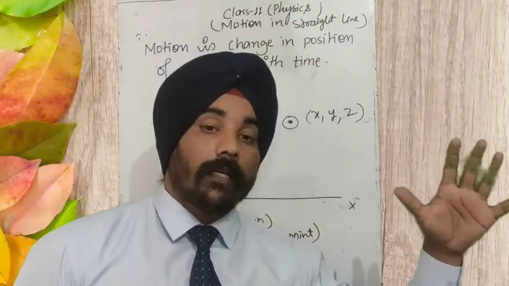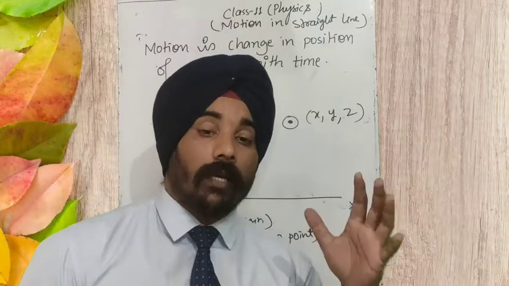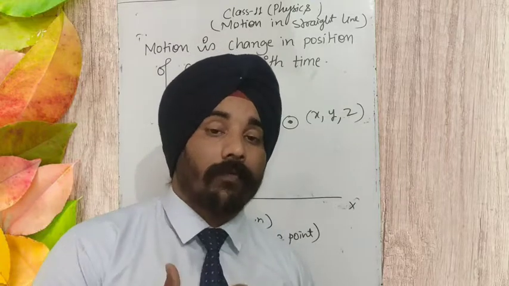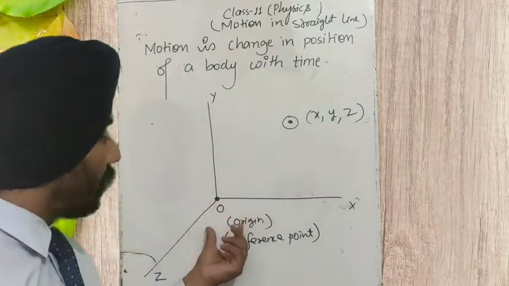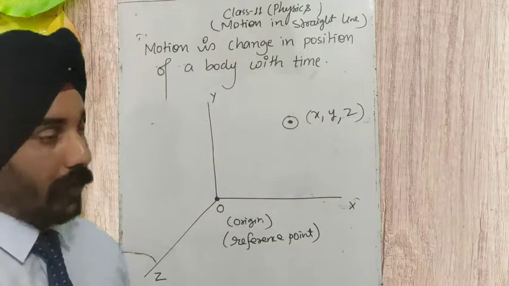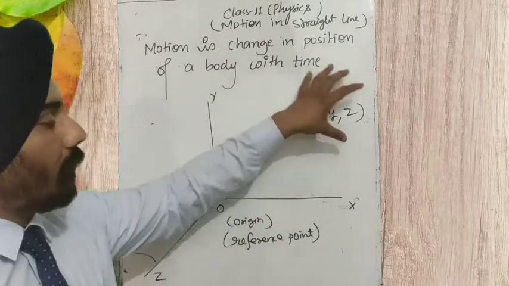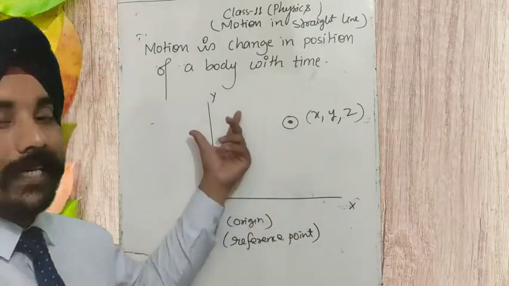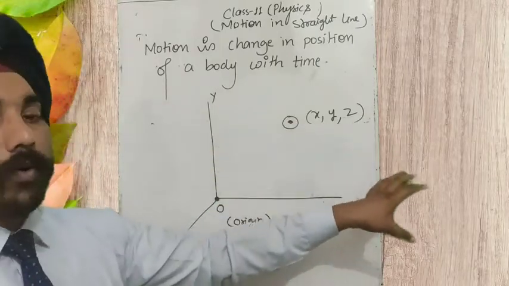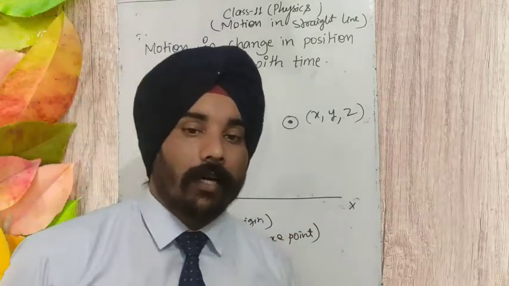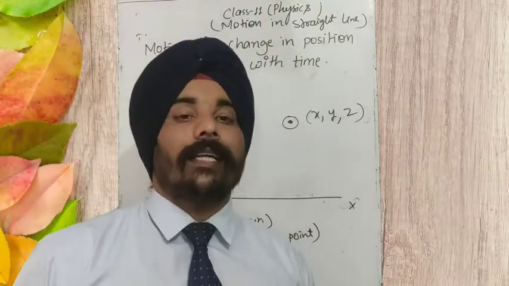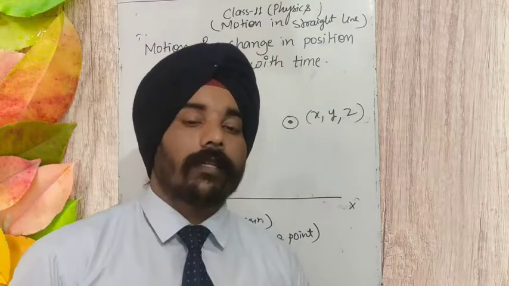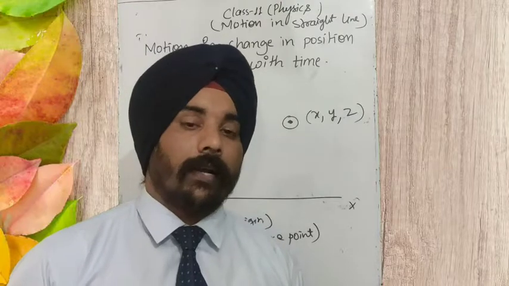Okay, it was: the body is said to be in motion if its position is going to be changed with time with respect to some fixed point. So here we have taken a fixed point, origin, a reference point. Okay, so now we are defining the position of a body with respect to this 3 coordinate system. If any one of the coordinates is going to be changed with time, then we say that body is in motion. If it is not going to be changed, then we say that body is in rest.